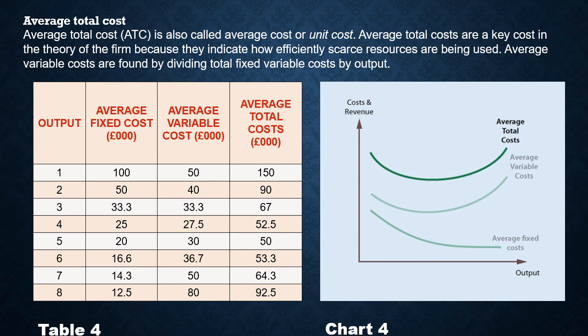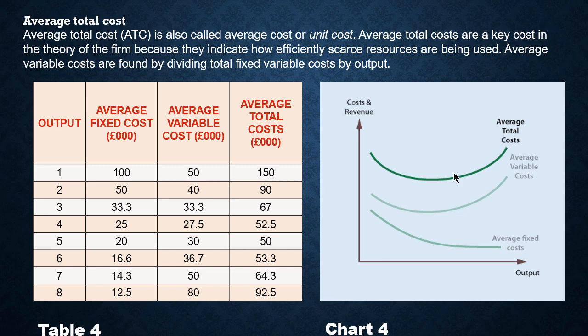This is the graph of the average fixed cost, the average variable cost and the average total cost. The average total cost is the sum of the average fixed cost and the average variable cost. This is the graph of the average total cost. It can be found by adding the average fixed cost and the average variable cost. The curve is also U-shaped. We can see this one, the U-shape,